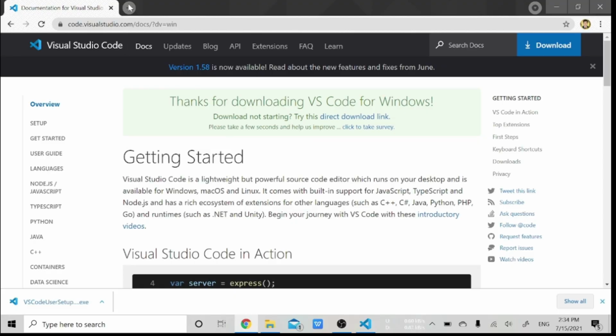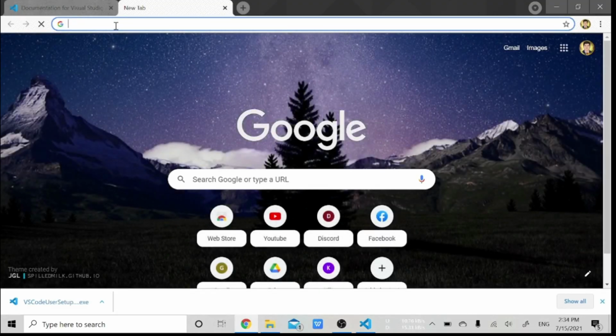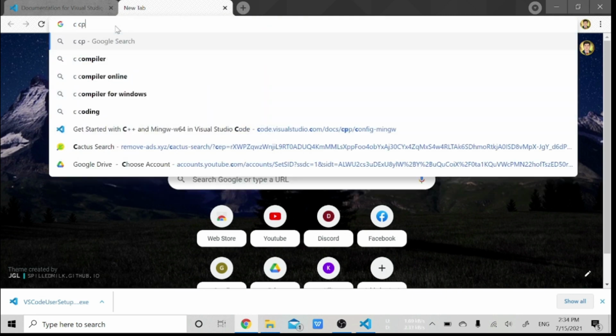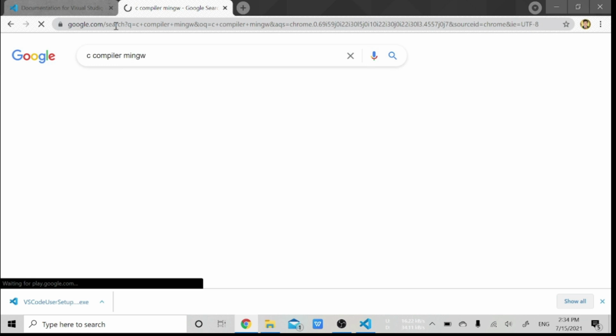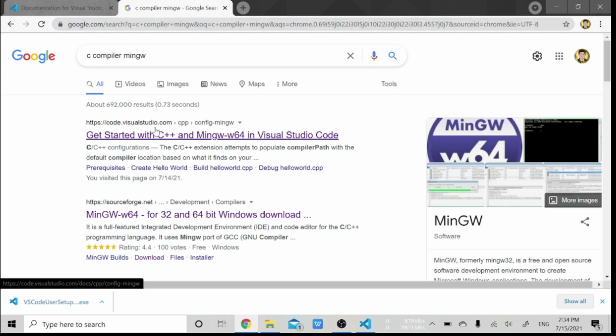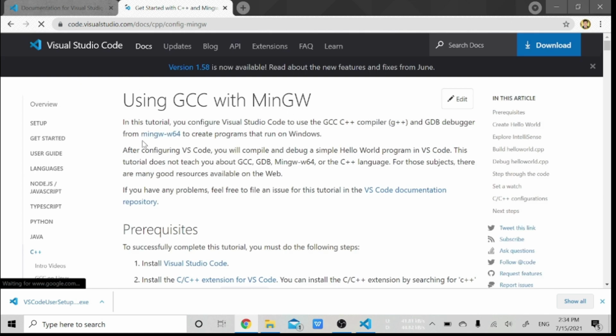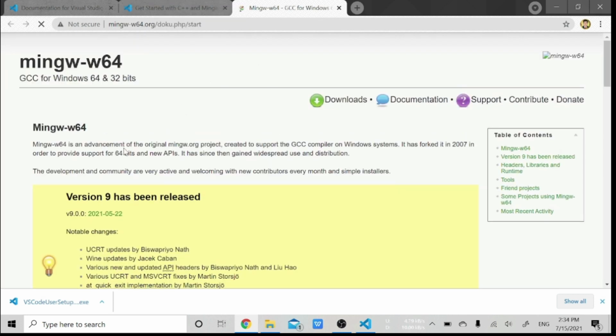Now move to Chrome and just write C compiler MinGW, and press enter. Here Visual Studio Code has also given the links. You can click on MinGW-w64, and it will pop up this. It will redirect to SourceForge.